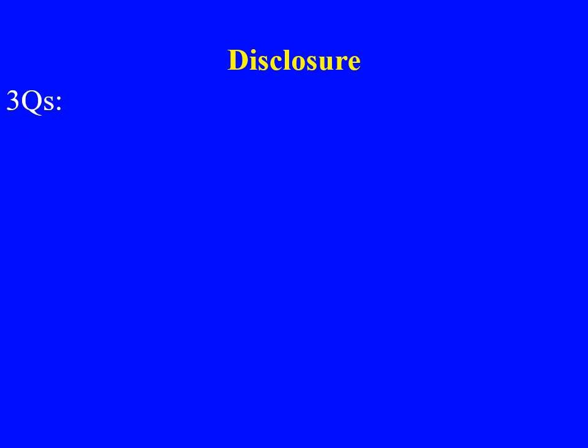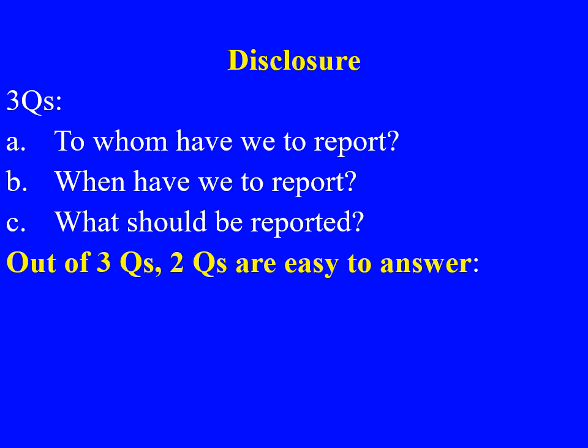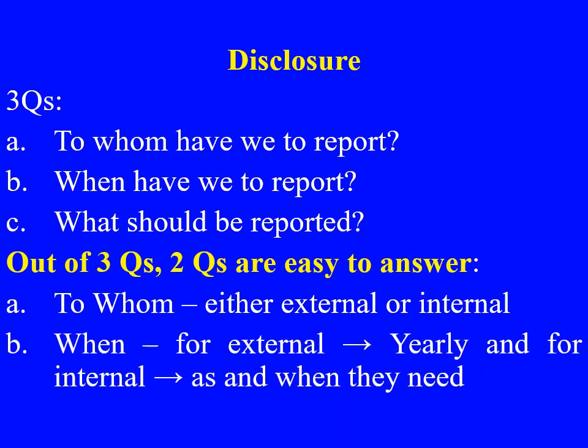Moving to the concept of disclosure. Disclosure means what information should be disclosed. See, when we prepare our books of account, there come three questions. To whom are we reporting? We are reporting to the internal parties and external parties. When are we supposed to report? By the end of the accounting year, right? For a period of 12 months, or for a particular interim report, where we need to prepare at the end of 3 months. But what should be reported? That is what disclosure is about.